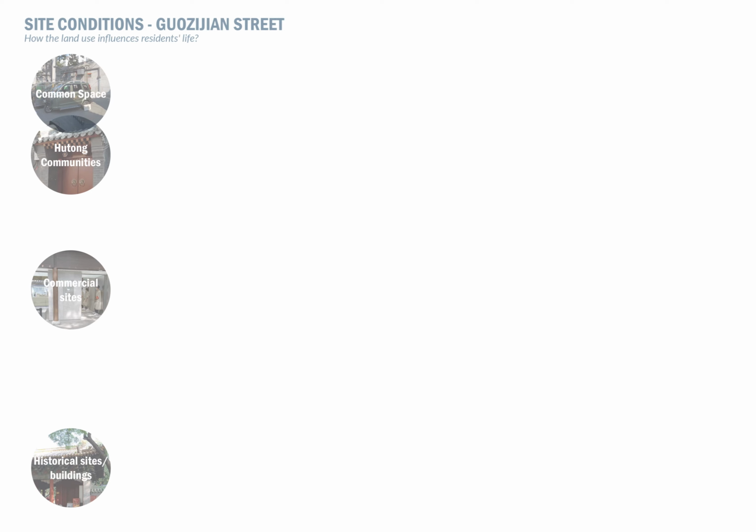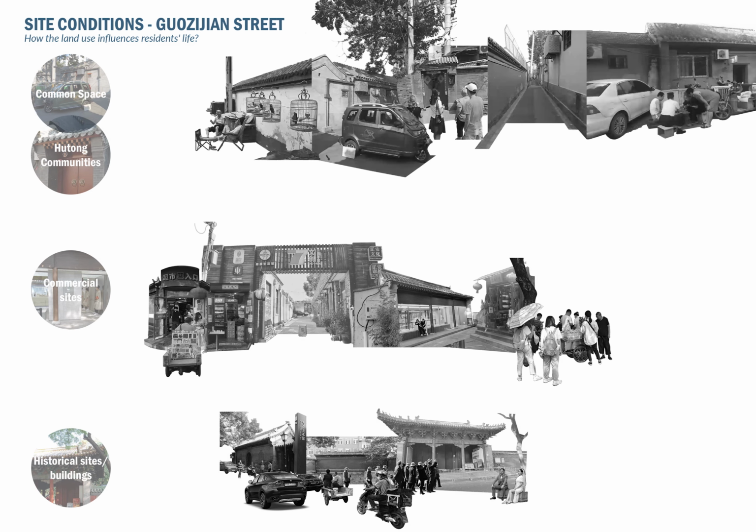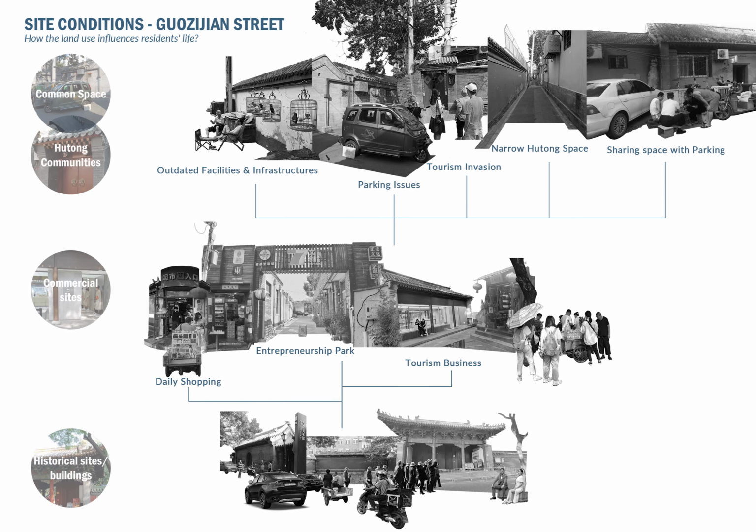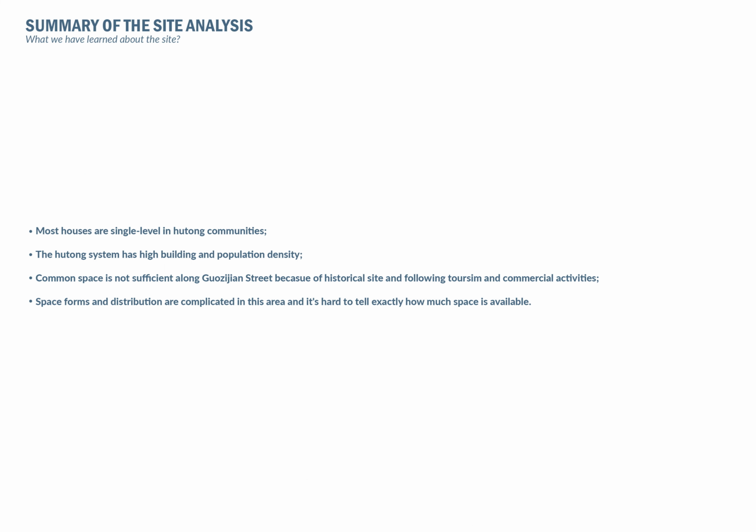As I mentioned, the large area of historical structures, Guozijian and the Confucian Temple, attracts entrepreneurs and tourist businesses, which squeezes the common space. I list the challenges and the conflicts and began to think about how to test my design process in this area. I would argue that Hutong is a dynamically stable system, which means it needs the flexibility and adaptability of a specific design strategy, modularity.